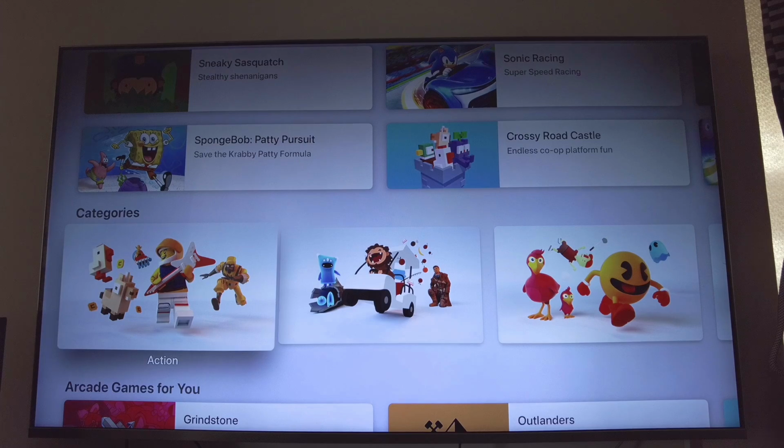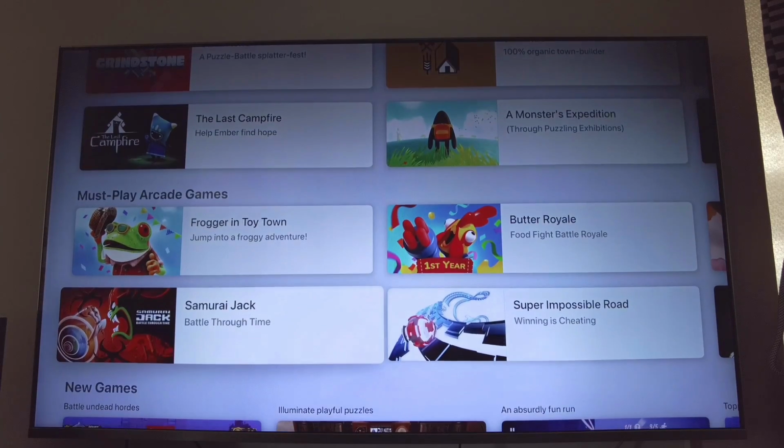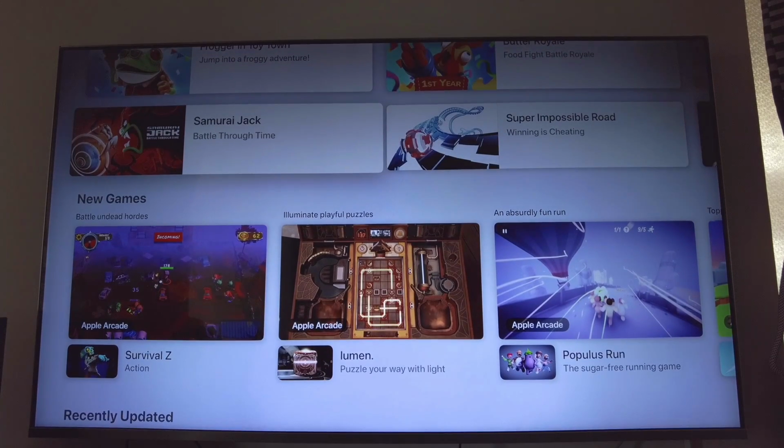Now, some of these games, in fact, have console level graphics in them. And yes, I'm not exaggerating. They do have console level graphics in them. If you consider games like Samurai Jack as an example,